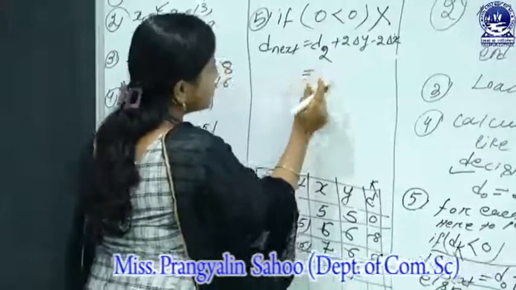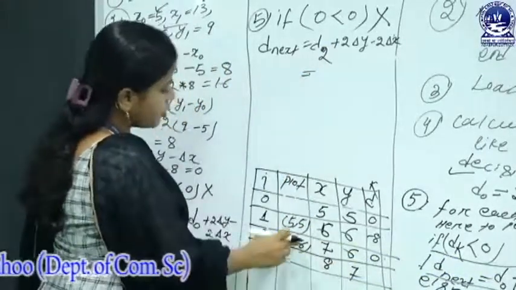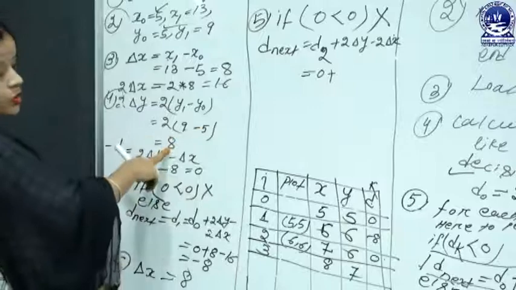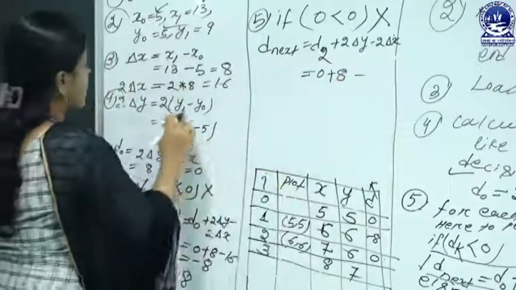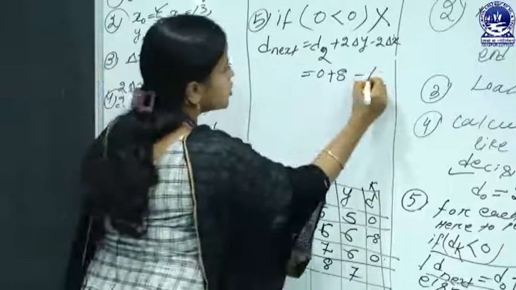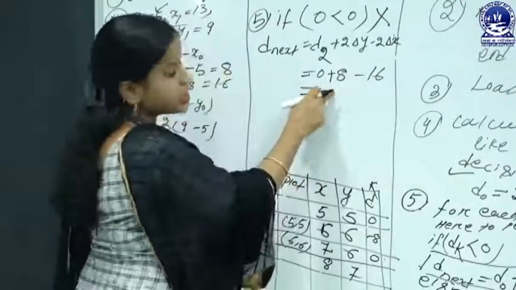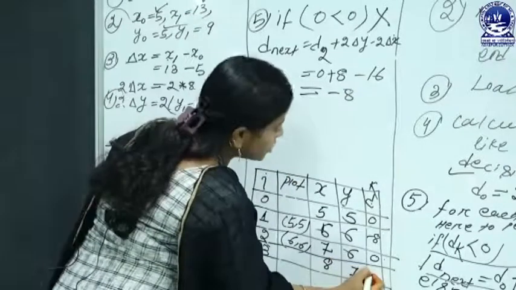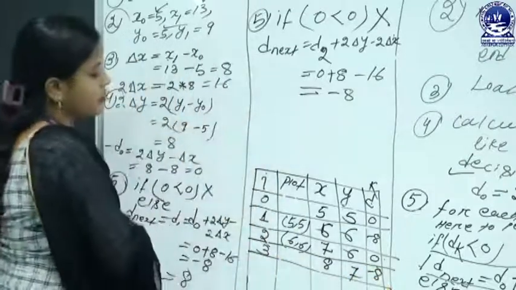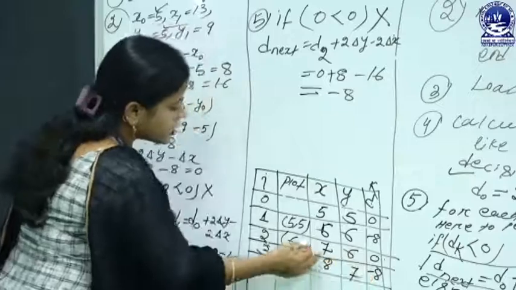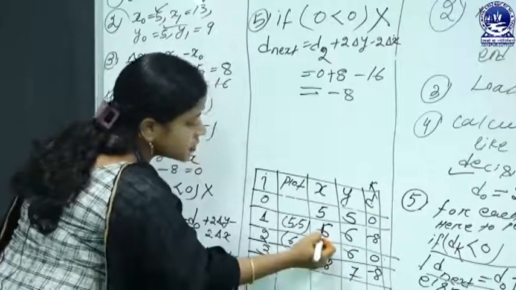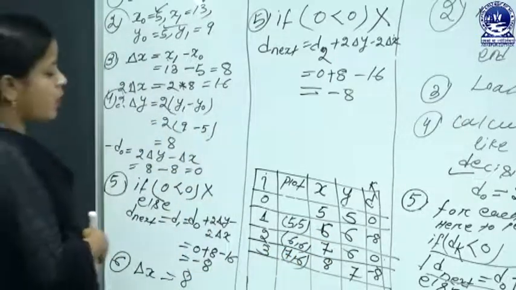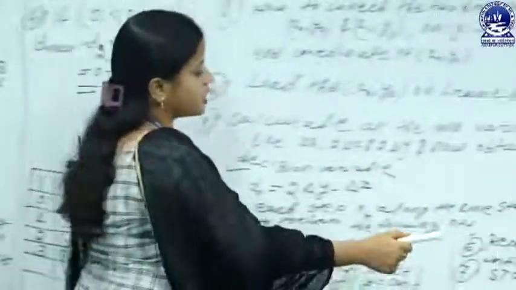That means it extracts the decision variable at counter value 2, that's 0, plus 2 delta y, the value of 2 delta y, that's 8, minus 2 delta x, in this case the value is 16. When we calculate this expression, it gives the value -8. That means the decision variable generated is -8. Okay, so now plot the given pixel position using its previous coordinate value. So here the given pixel point is 7, 6.